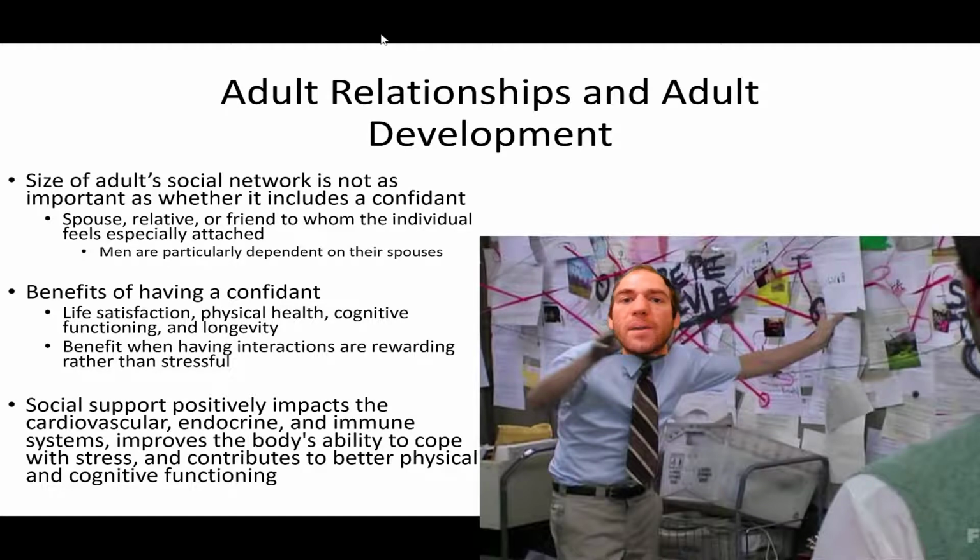But it is interesting to note that, as I've stated in previous lectures, as group memberships and community participation decline within the United States, what will that do to these social networks and their quality, and how will that impact developmental outcomes? What is capable or even exists right now, or what will exist in the future, of ways to